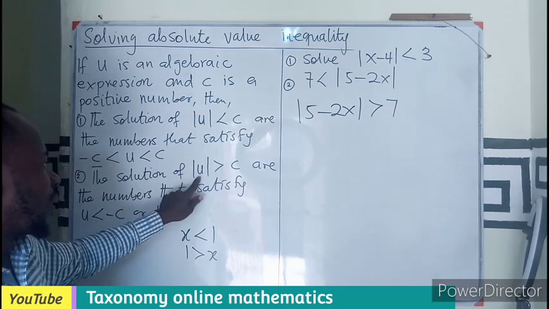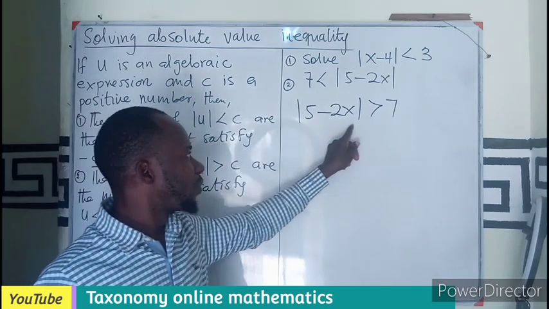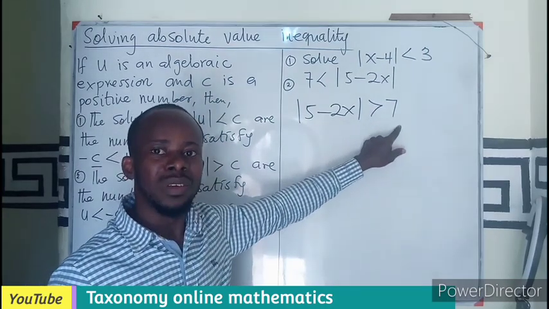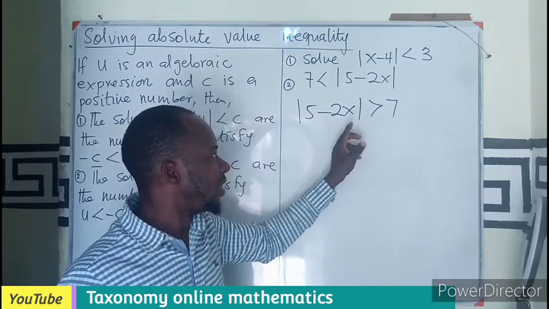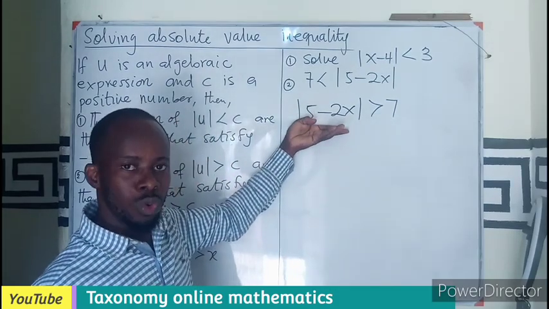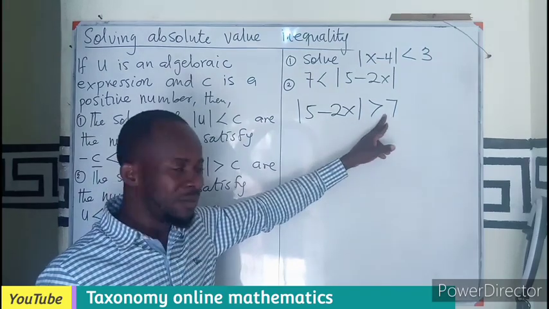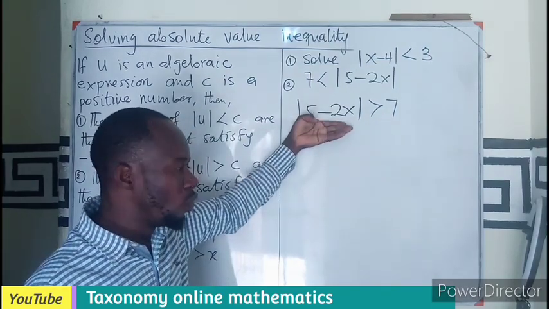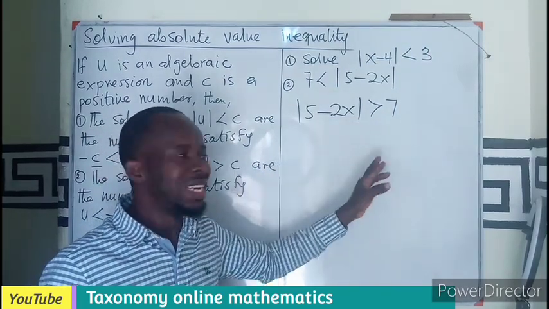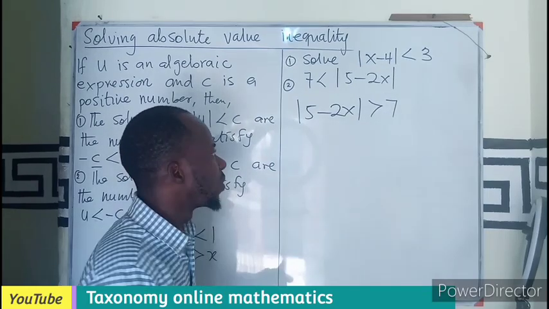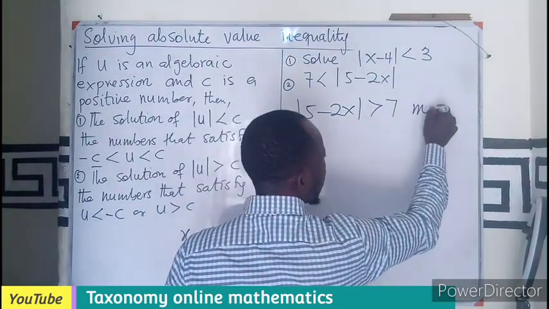Which says that absolute value is more than a constant. Absolute value more than what? Constant. What does it mean? It means that the u is going to be less than the negative of this, or the u will be more than the positive of this. So this means